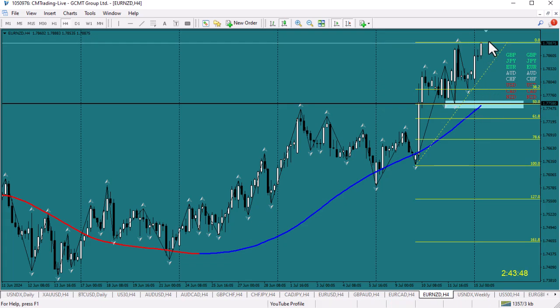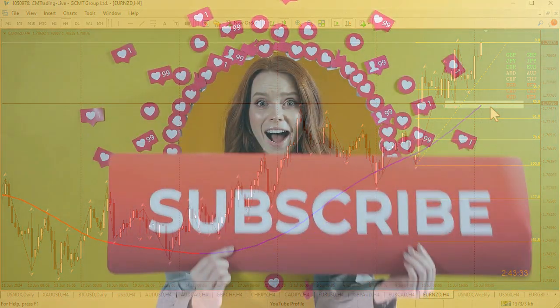I don't want to be long from up there on those breakouts. I don't like those. I need the retracement to get a better entry. I'm not chasing the market up there. If it comes back down, I'll look for some long setups.